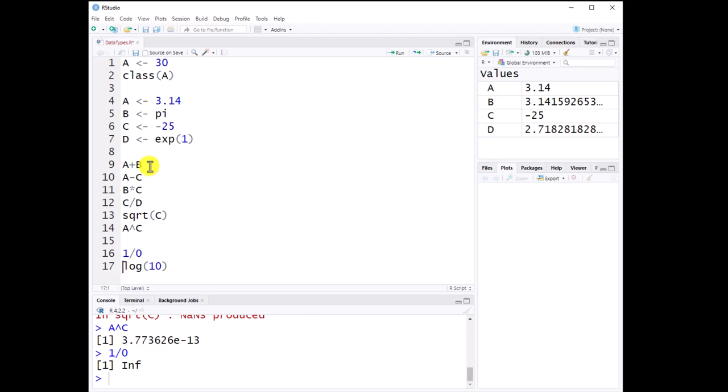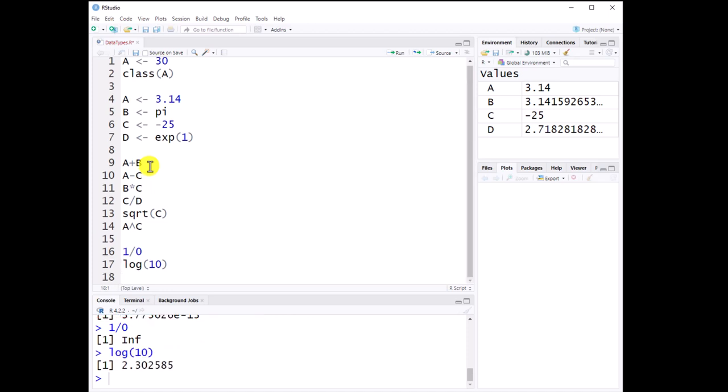And the last thing we need to be mindful of is, since we're working with a computerized language, we need to know how this language is going to treat an operation like the logarithm function. So let's run log on the number 10 and see what we get. If the logarithm function inside of R was log base 10, we would expect the output in the console to be the number 1. Since this output is about 2.3, I suspect that this log function is actually the natural logarithm, or the logarithm